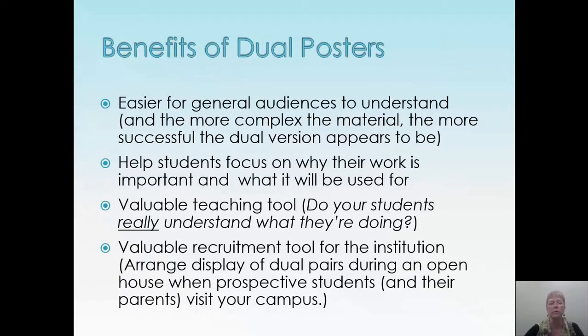So among the things that we've learned are that dual posters have some significant benefits for both the student and the institution, and for the audience. It is easier for a general audience to understand the public version, and the more complex your material is, the bigger that improvement in understanding also seems to be. Students get from it that they actually learn to focus on why their work matters and the applications for their work, as opposed to just a theoretical exercise because somebody said this is what you have to do to get